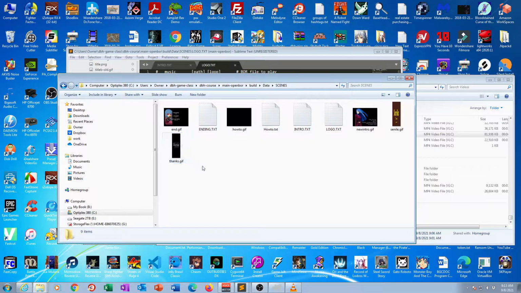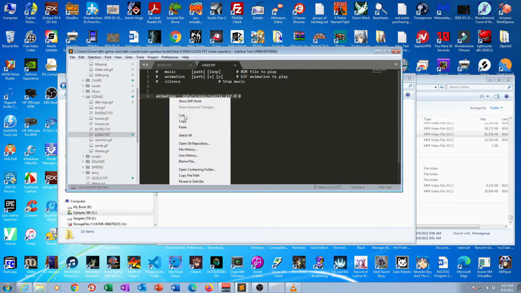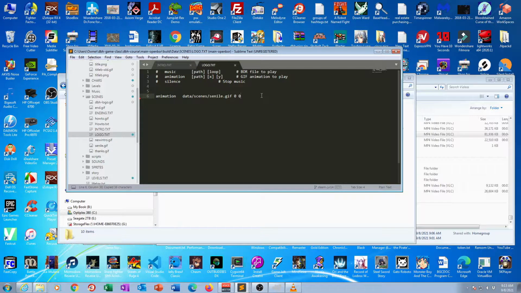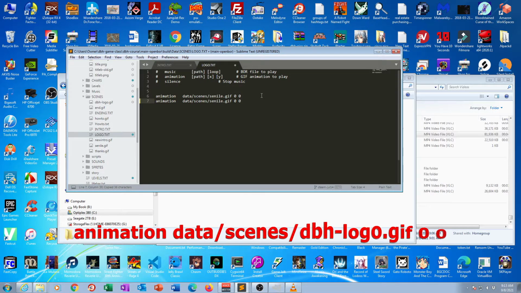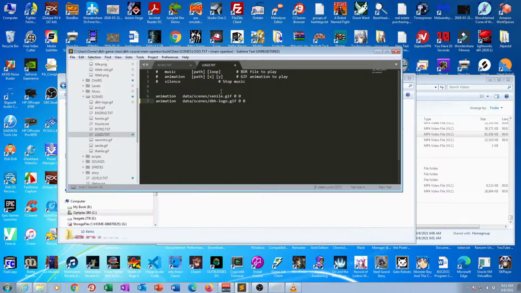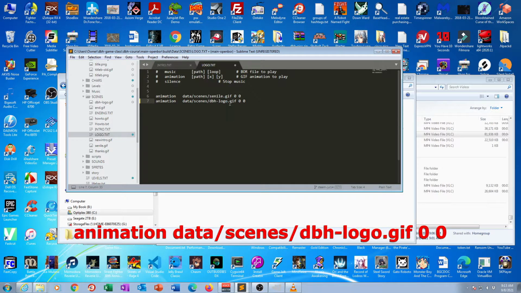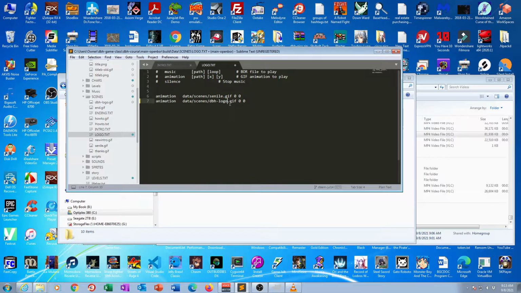All right, so once you've downloaded and placed it into the folder, we'll need to add a new line underneath line 6 with the following code. You've got the command animation, space, data/scenes/dbh-logo.gif space 0 space 0. All right, so that's fine for now. So if we run it,